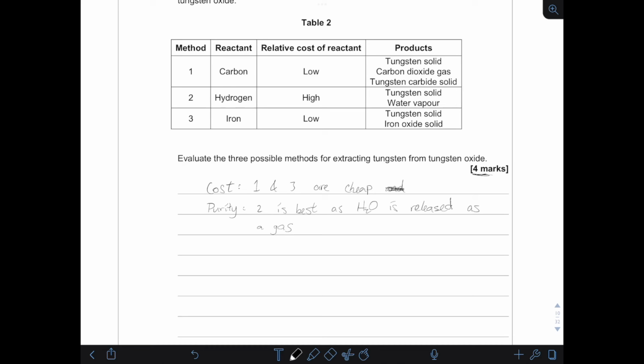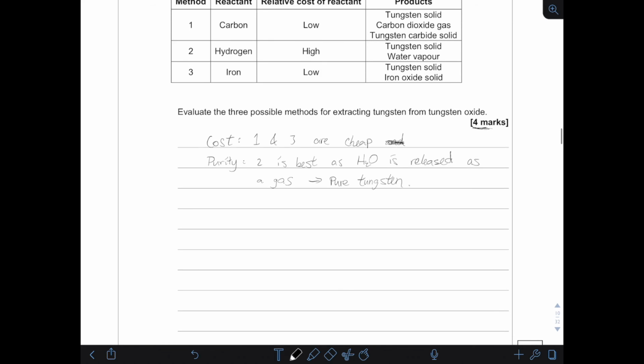And this gives you pure tungsten. Whereas 1 is probably decent, but it also makes, actually 1 is the worst one here in theory,